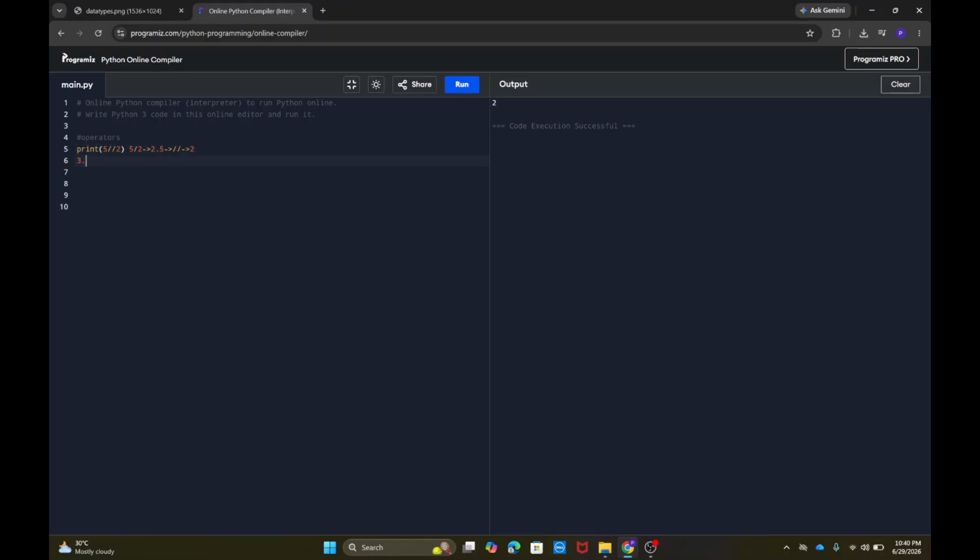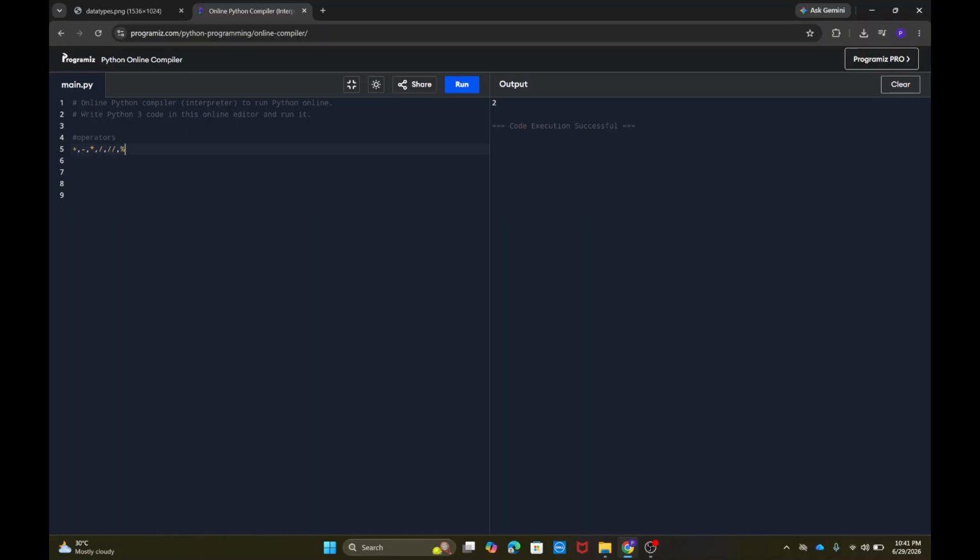If it is 3.4, let's say, it will return 3. So it will basically give the integer value. I hope you got it. So in operators, you have learned about plus, minus, multiplication, division, integer division,